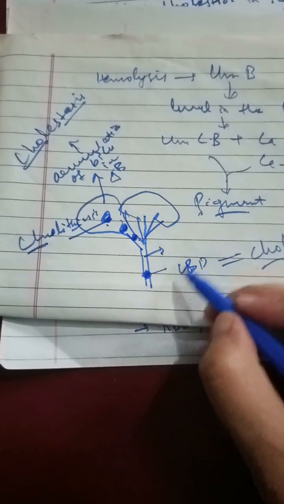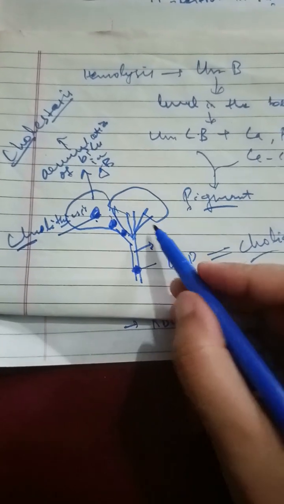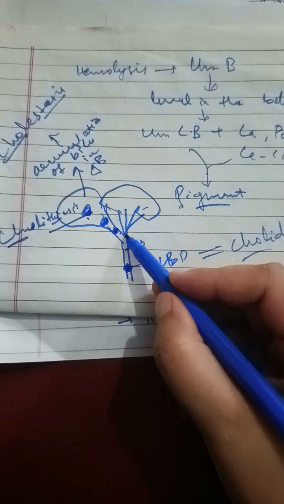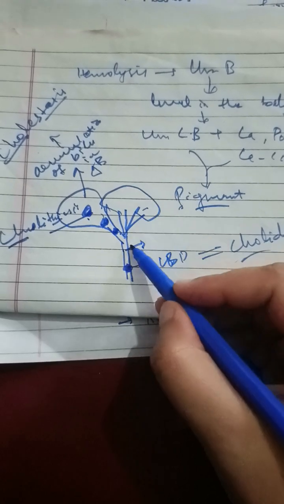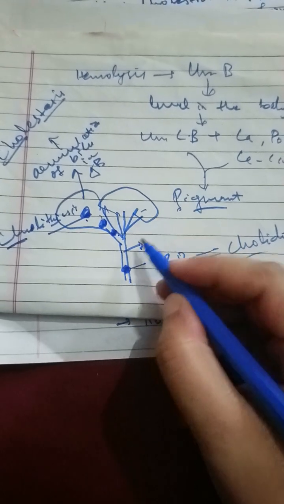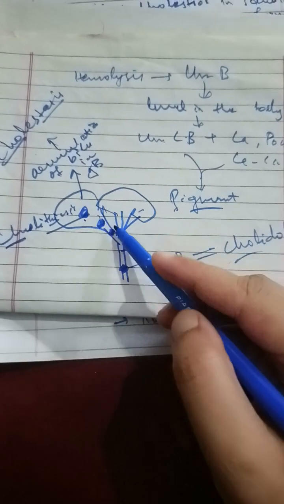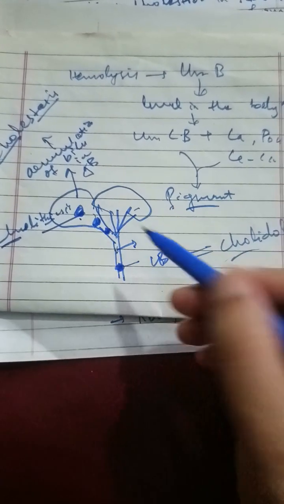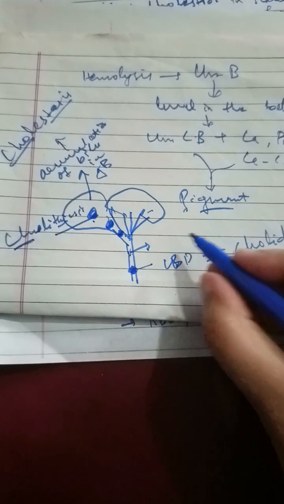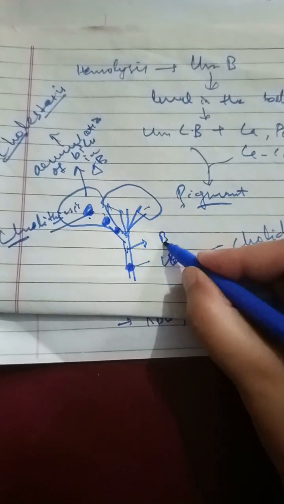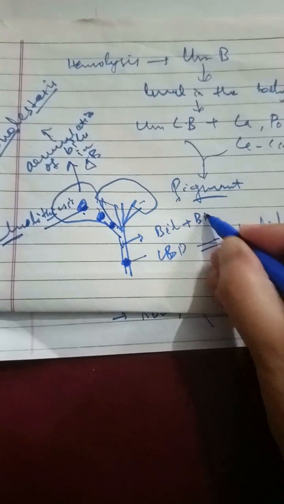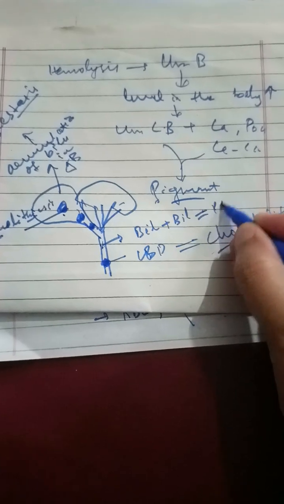occurs in the proximal common bile duct. The bilirubin which is coming from the liver, both unconjugated and conjugated, as well as the bile which is coming from the gallbladder, will now get accumulated in the proximal CBD. The bilirubin plus bile will accumulate in the proximal